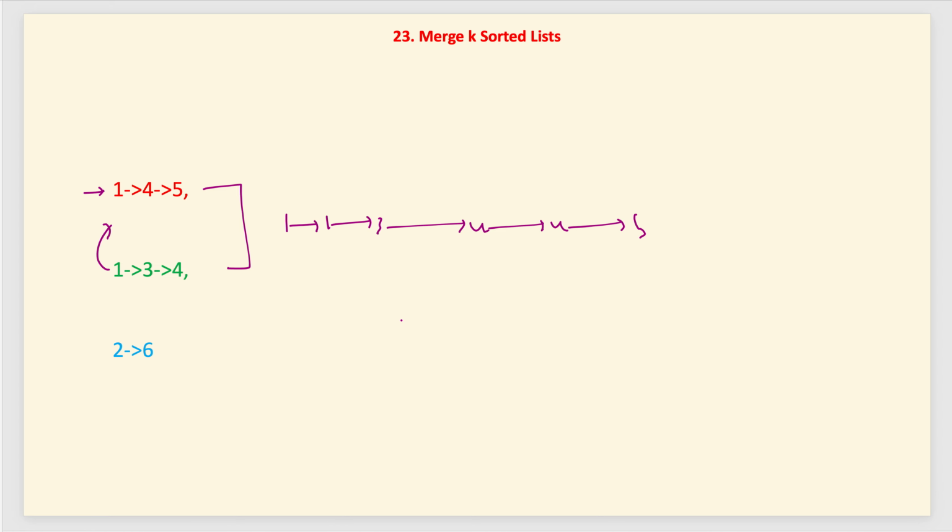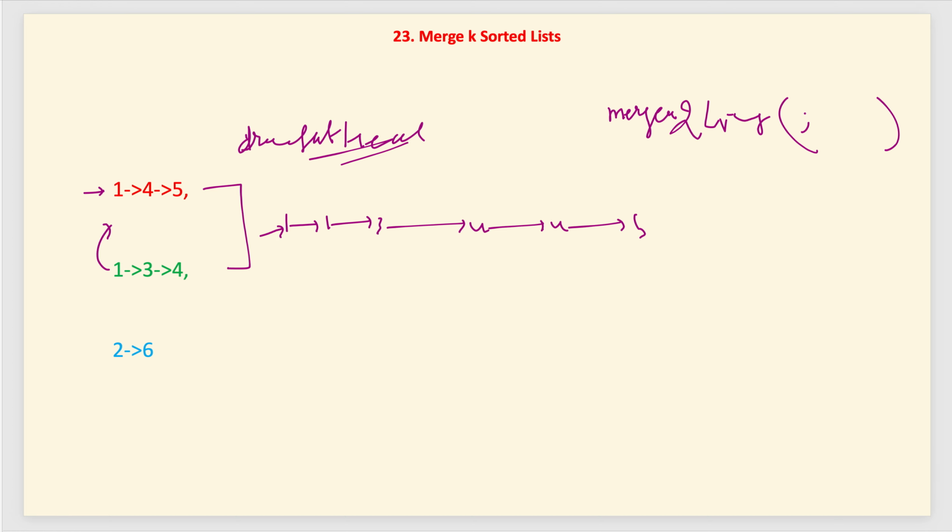So these two merge. Then we will pass this list as the new head, and we store it as the result head node. We will create a helper method, merge two sorted lists, and pass the two lists L1 and L2, the heads of these two lists, and we will merge them. There is a dedicated separate video as well. If you want to, you can go and solve that problem. If you face any problem, you can see that video, but I am explaining it over here as well.